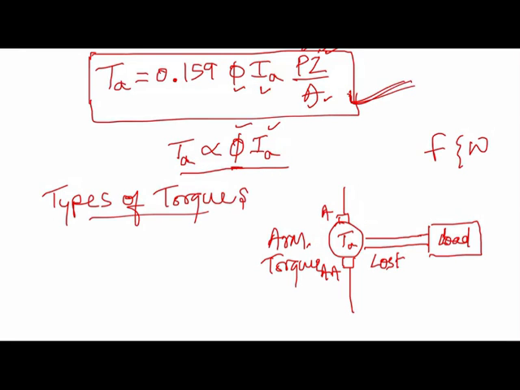The torque lost due to friction and wind resistance is known as the lost torque, and the torque which is available at the load for doing the useful work is called the load torque,